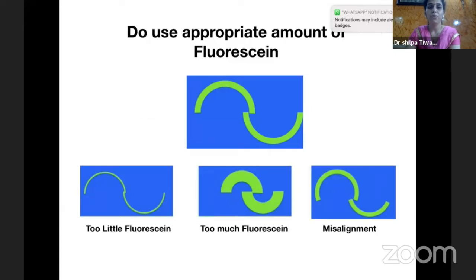First, most important, is to use an appropriate amount of fluorescein. There should be an adequate amount of fluorescein dye in the precorneal tear film, because if there are excessive tears and the mires are broader, it will lead to overestimation. And if the fluorescein dye is less, the rings will be thinner and it will lead to underestimation of the pressures. A few studies showed that if tonometry is performed without fluorescein dye, there will be underestimation of the intraocular pressure. Ask the patient to blink and wipe off excess tears if the mires are thick.